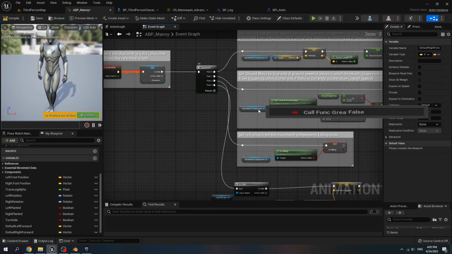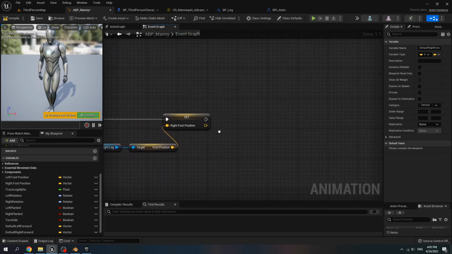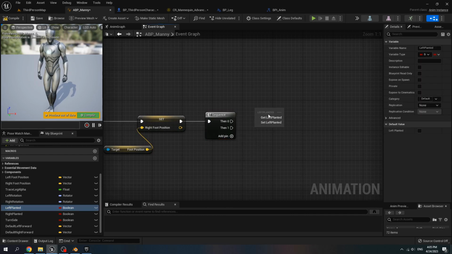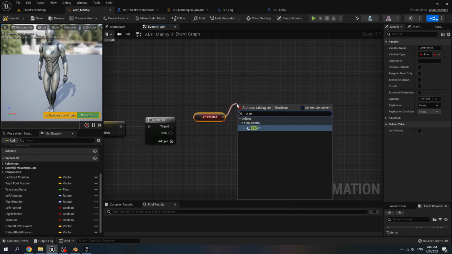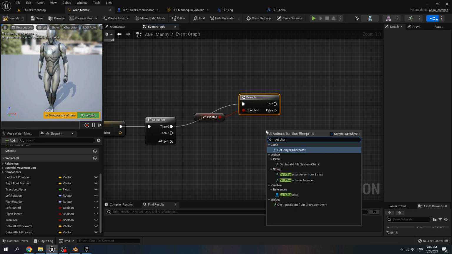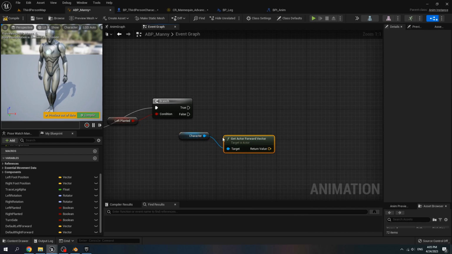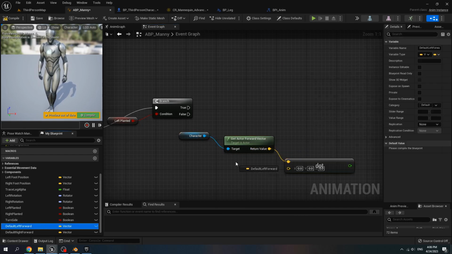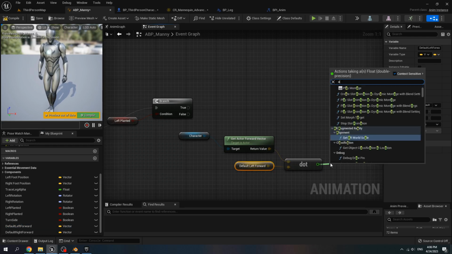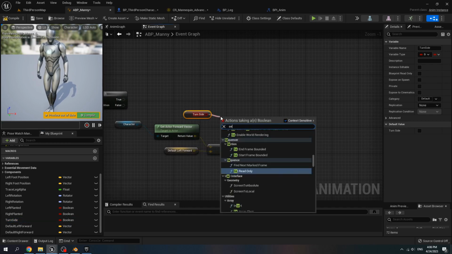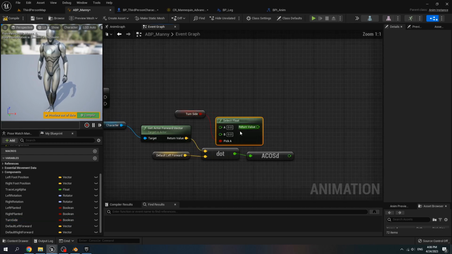Then for the sequence, after we set foot position, create a sequence, get left planted, create a branch, get character, get actor forward vector, dot product and get left forward, call arc cos degrees, then get turn sign, select float, A is 1 and B is -1.